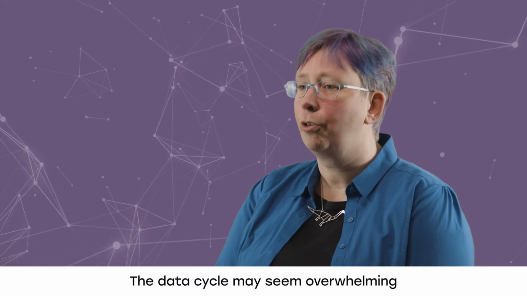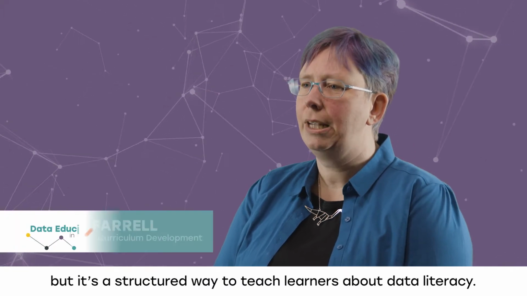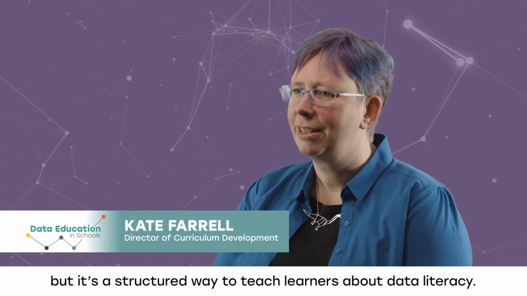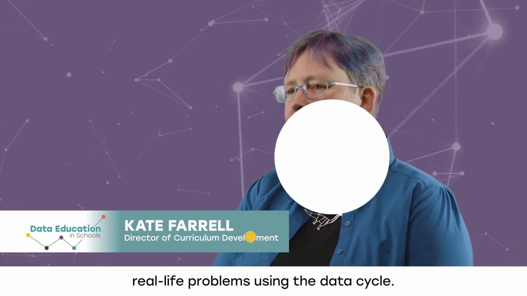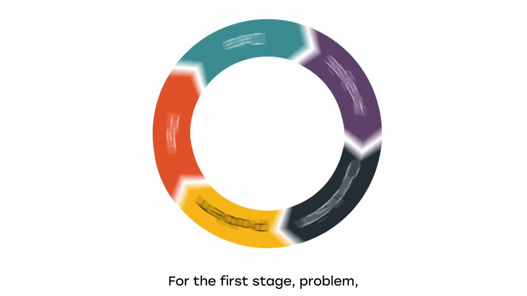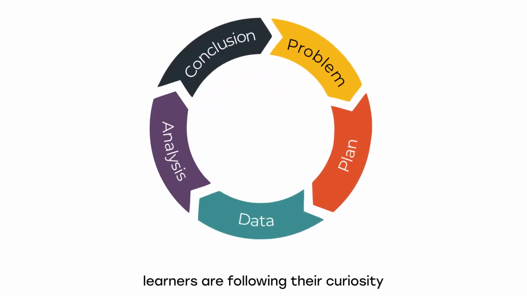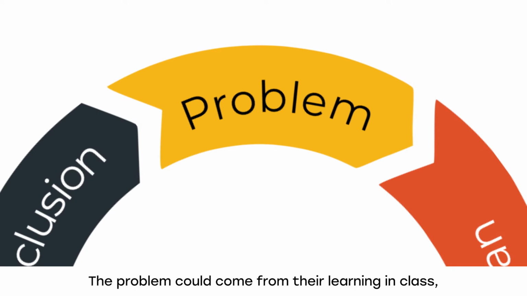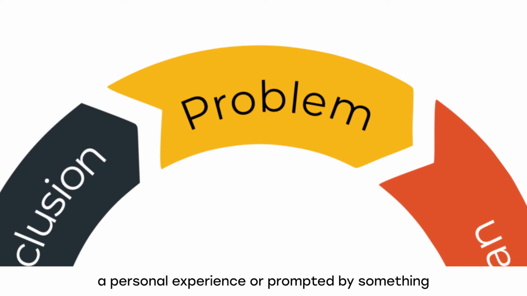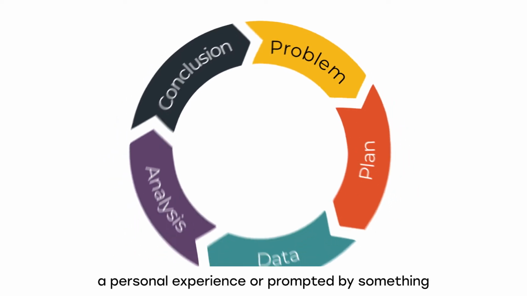The data cycle may seem overwhelming, but it's a structured way to teach learners about data literacy. At the end, learners should be able to solve real-life problems using the data cycle. For the first stage, problem, learners are following their curiosity to find a problem to investigate. The problem could come from their learning in class, a personal experience, or prompted by something they've read or seen